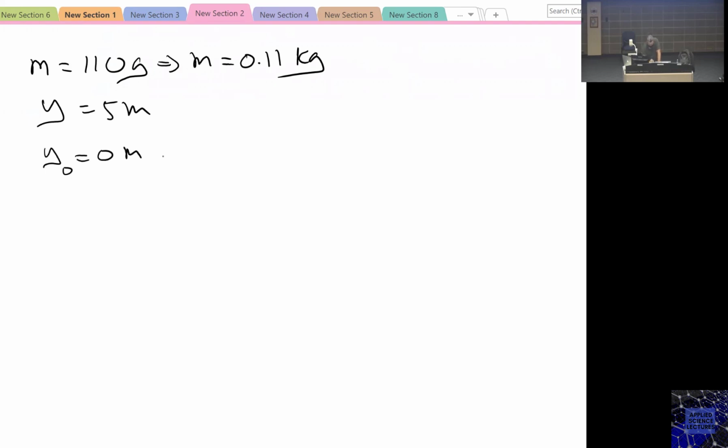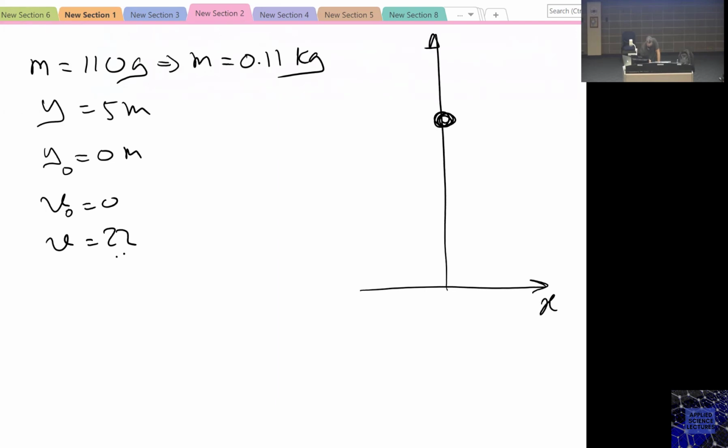We need the final speed, so we have the initial speed as 0. If that's the apple, and this is the ground, this is x, and this is y. If I take this as y naught equals 0, and this one is y equals 5 meters,